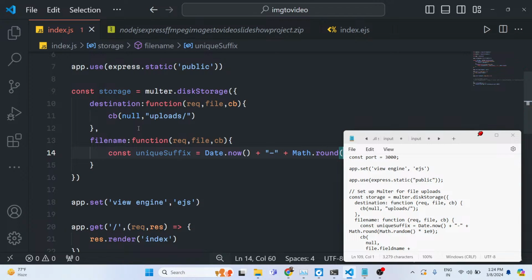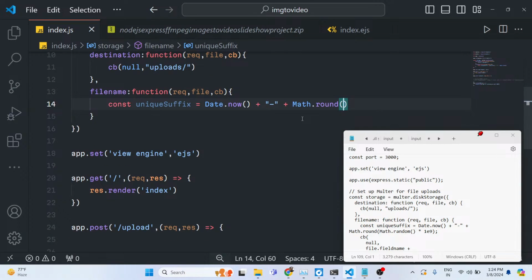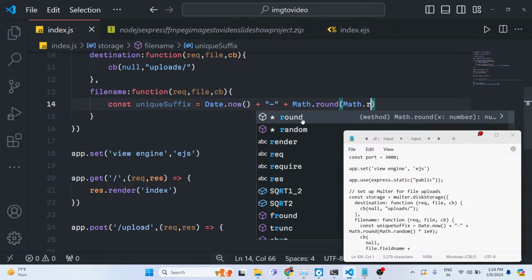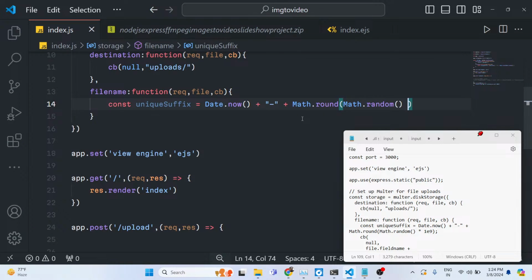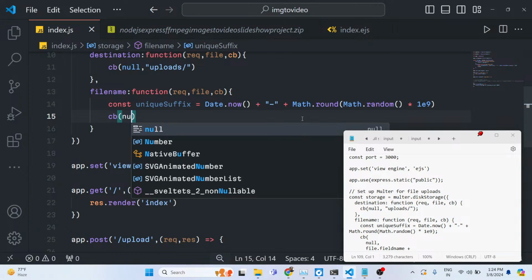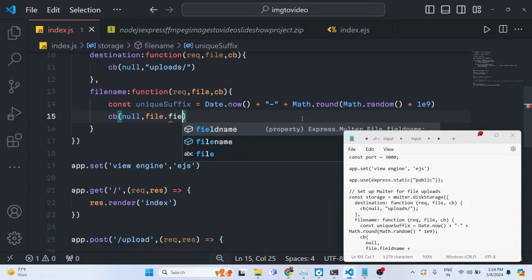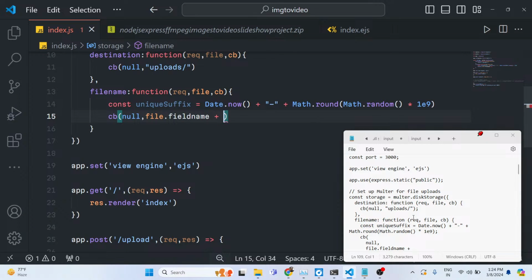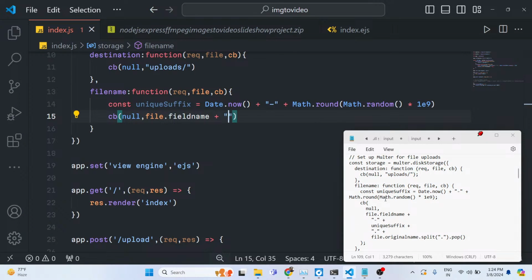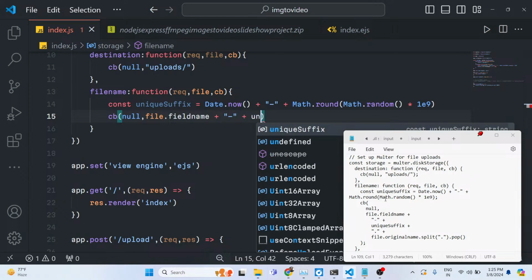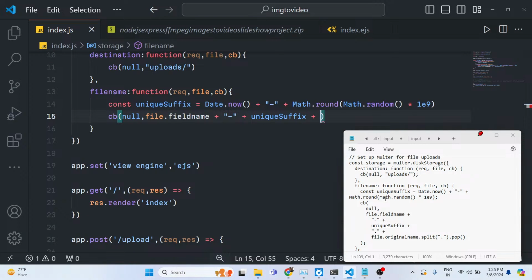We can use the Math module, Math.round, and it contains the Math.random function multiplied by 1e9, and then this callback file.fieldname plus this. This is just logic to actually give a unique file name to it